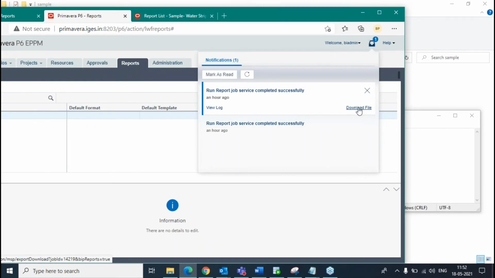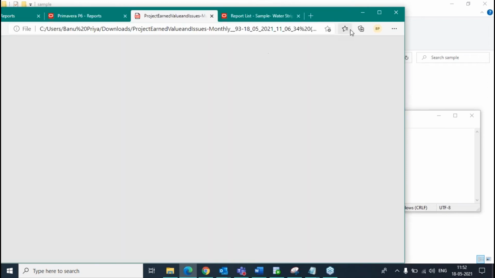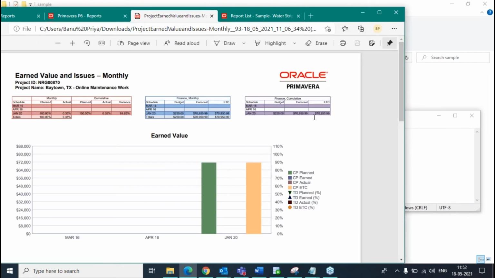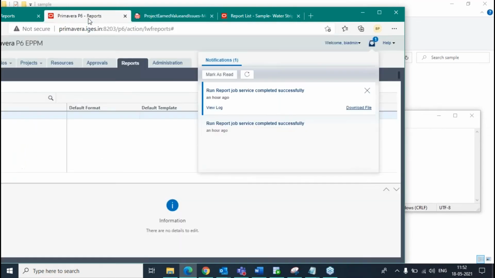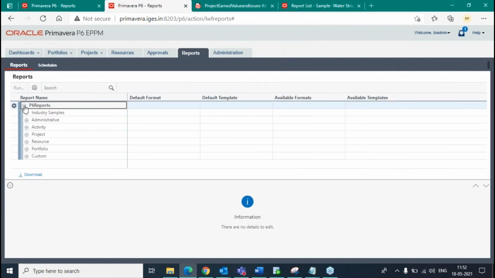So our report got downloaded here. So we have selected the delivery type as file, and we have selected the format as PDF. So this is how we need to run the report from P6.